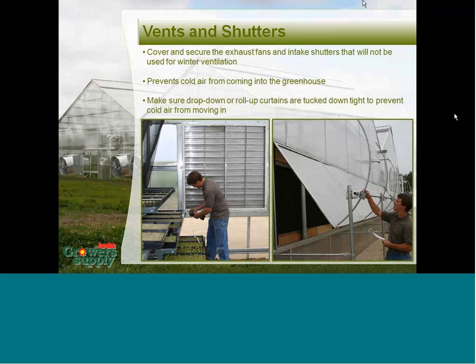Vents and shutters, it's important to make sure that these are covered and secured, again, so that you don't have that leaking of air getting in and out, reducing your costs. It also will keep the condensation down by doing this so that you don't end up with any kind of condensate forming on the inside or walls of your greenhouse due to temperature differentiation. It's going to prevent cold air from coming into the greenhouse, and it also gives you the chance to make sure that your drop-down curtains or roll-up curtains are tucked down nice and tight to prevent any kind of cold